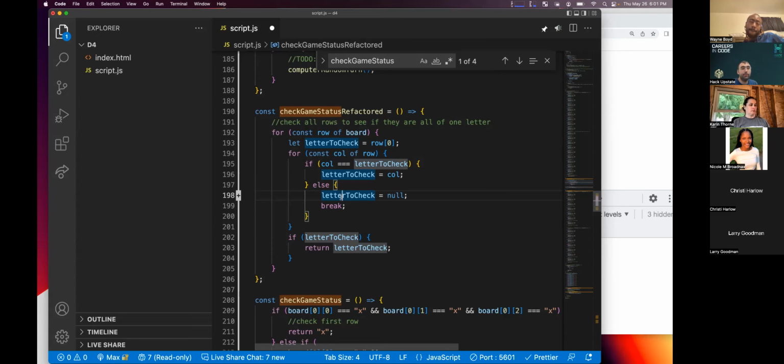So what we do is we say, hey, if the first column is equal to the second column, go to the second column and compare that to the third column. If the second column and the third column compare to each other, then all three of them must have been all an X or all an O, so they must have won.